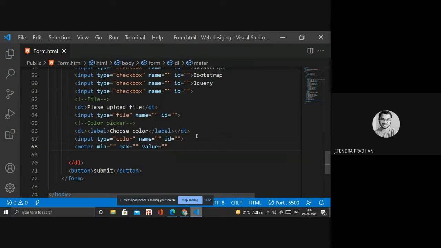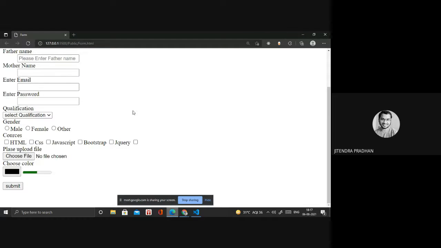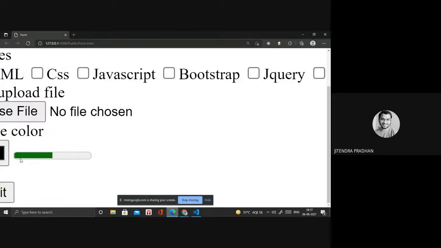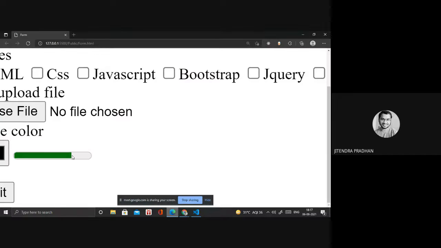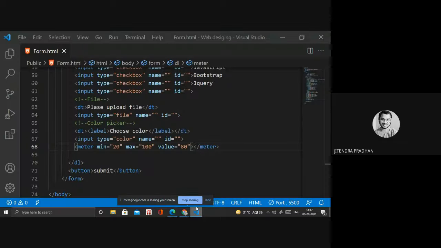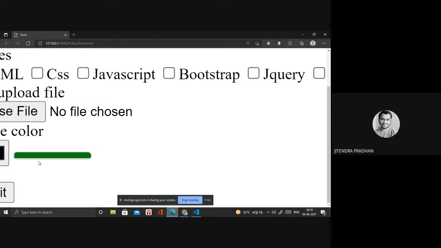Minimum is 20, maximum 100, value is 60. Have you observed that one? This is the meter. When you give that value as 60, it selects 60. If I put 80, it will change automatically. If I write 100 inside the value, it will be colored 100%.